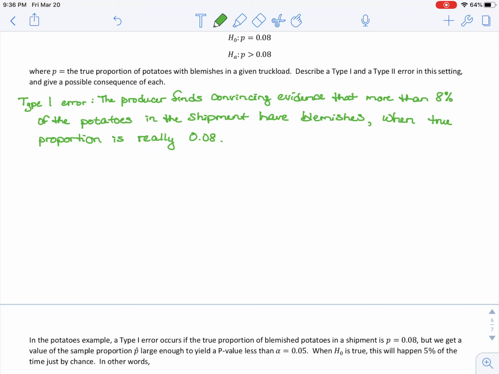So really this would be that the chip producer sends away the truckload of acceptable potatoes, wasting time, and the supplier's out of money then. So that's what AP means if they start asking what's a consequence, what's something bad that could happen here. So the potato chip maker,